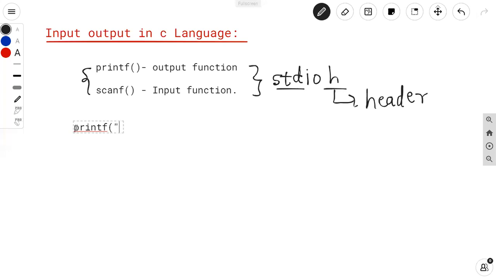Suppose I type anything here, hello, this is the hello, welcome to C program. Suppose this is my string, and every string starts with the double quote and every string ends with the double quote. Okay, why are we giving double quotes over here? Because the compiler understands the string which is enclosed in double quotes, and I need to print that string as it is on the screen.